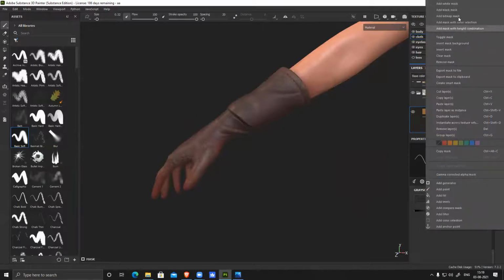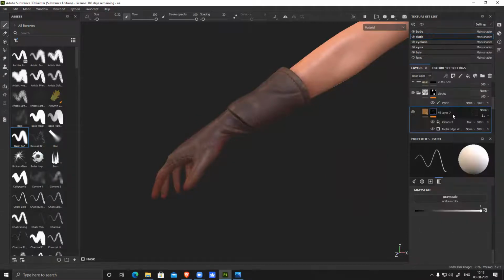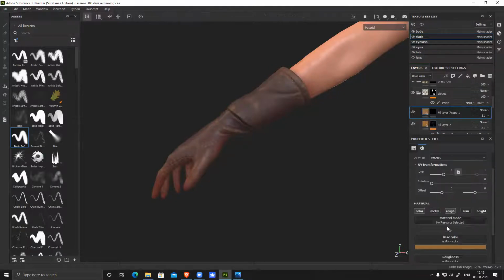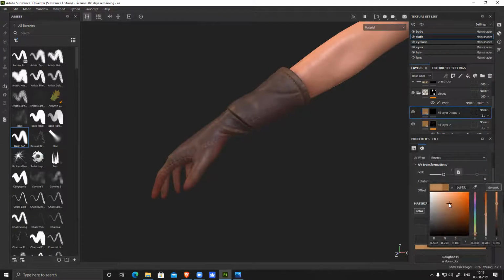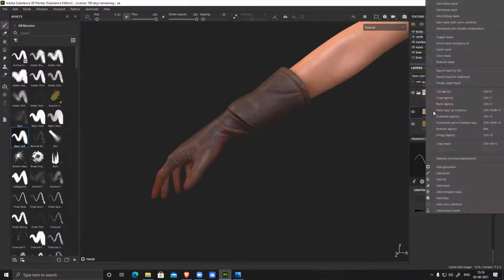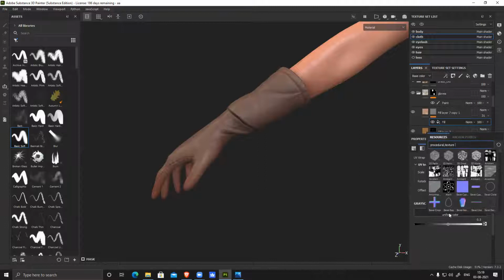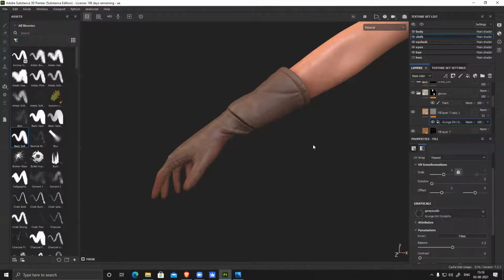So either I duplicate this one, it will be easy, and I click black mask, get rid of everything, select this and make it a lighter tone, and I can add a fill here under this. I guess I have some scratches. See, a lot of scratches.